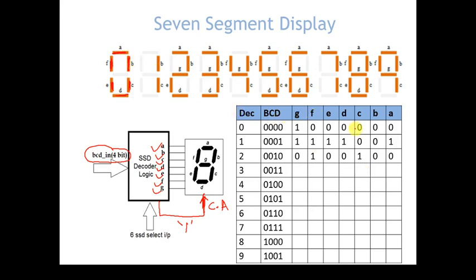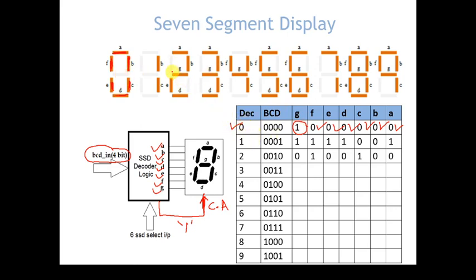So here A is 0, so A will be on, B will be on, C will be on, D, E and F segments will be on, and G segment is 1, so it should be off. So this will display a decimal value of 0.